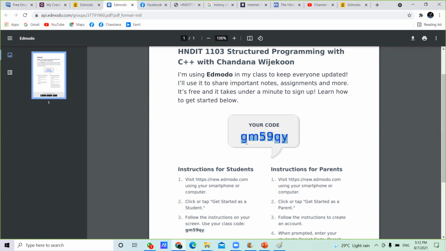I am going to share this code here in the chat box. In the chat box, you can find the class code.